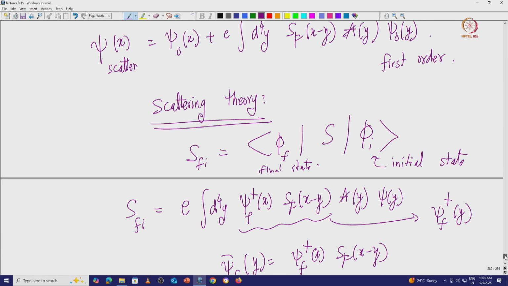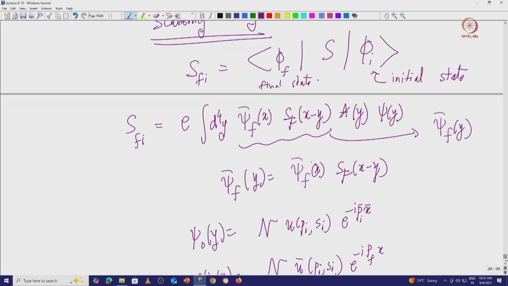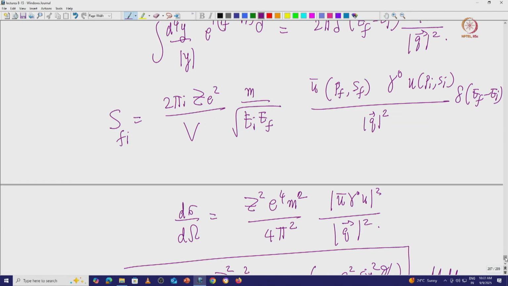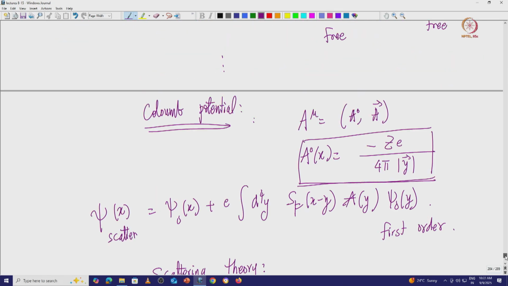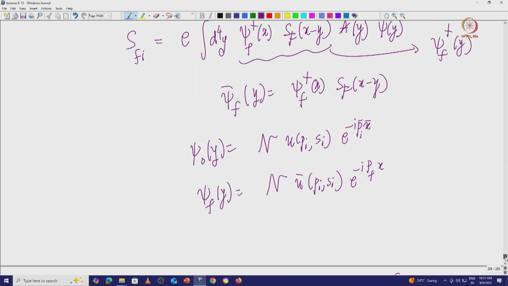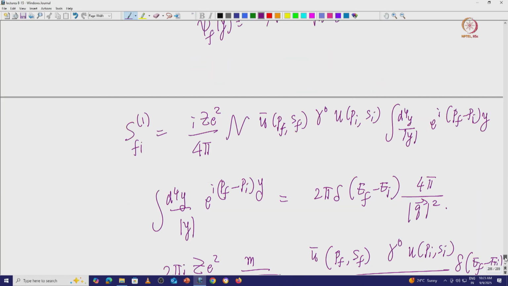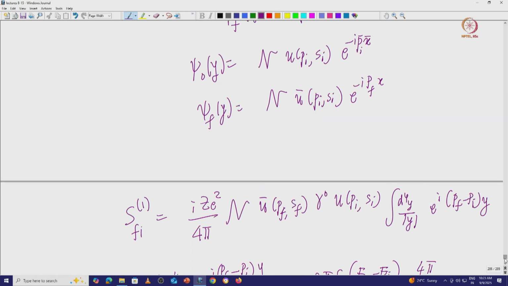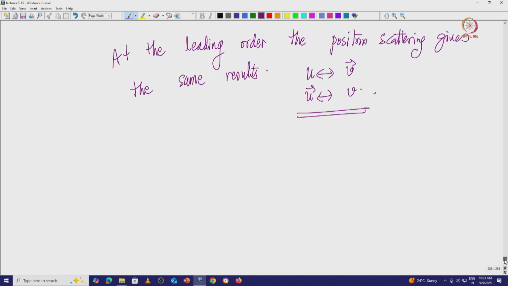Because if you take this A0 and put it back into your Green's functions, the Fourier mode of 1 by r is nothing but 1 by q square. So, if you want to express everything in terms of the Fourier modes, this just ends up being this. Oh, this is very difficult.